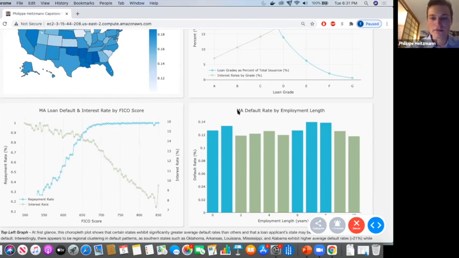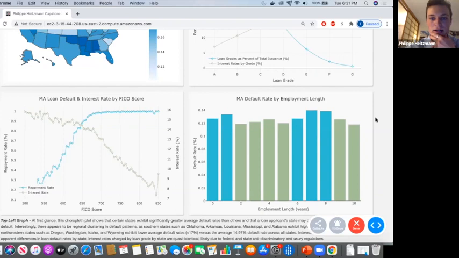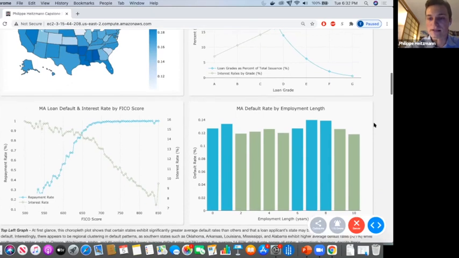And the last graph that I'll show here is this right bottommost graph, which is showing the default rate by employment length for loan applicants. So going into this project, one of my initial hypotheses, as I think most people would assume, is that people with more work experience would tend to have lower default rates, would tend to repay their loans more on average than those that have lower amounts of work experience. And what actually transpires in the data is that this is not at all the case. People with more work experience actually display higher rates of default.